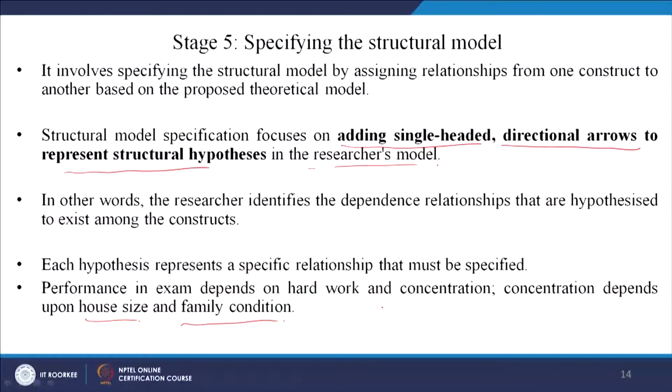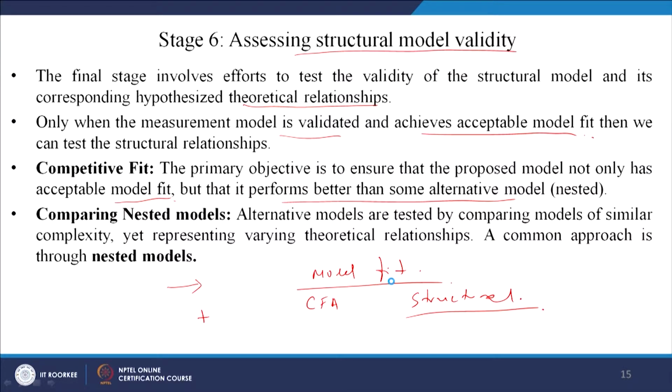Let us go back to this case. I am saying hard work and concentration affect performance in exam. Now, I feel this model is not adequate, and maybe if I add a new variable it will be better. Performance in exam depends on hard work, concentration and IQ, which I had missed earlier. By adding this, if my model improves, which theoretically is also true, then I can say I had missed a variable. So, this is what needs to be checked.